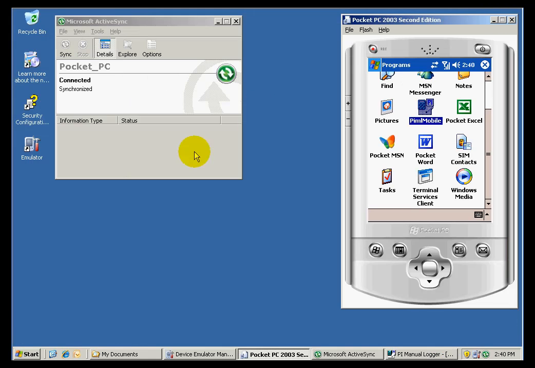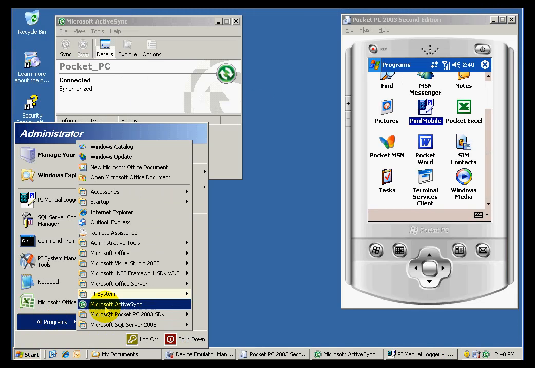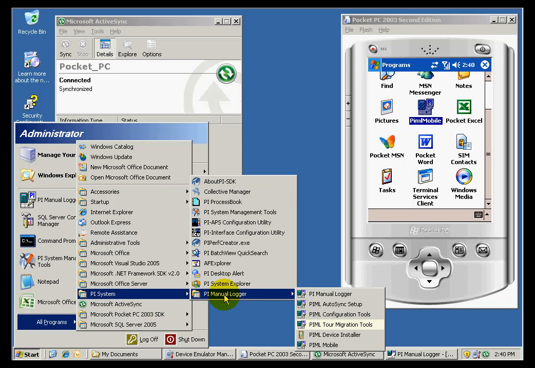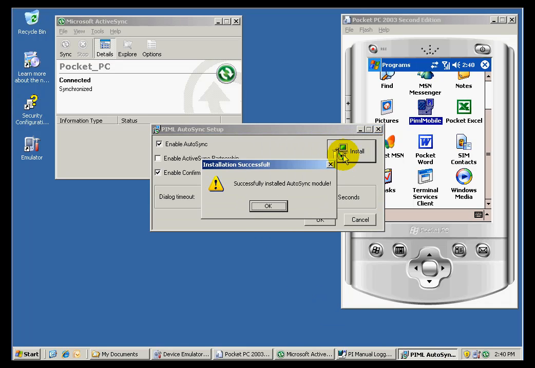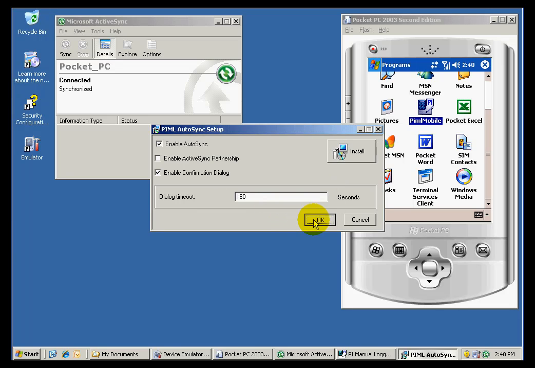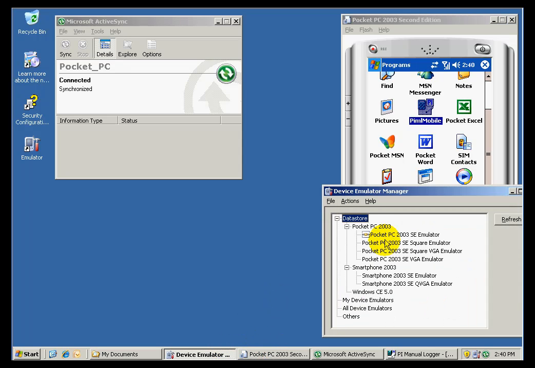Once the database has been initialized, I can go to Programs, and inside the Pi system, the Manual Logger, there was an AutoSync setup file that was created. I can click Install, click OK, and now the next time that my PDA is connected to the PC,